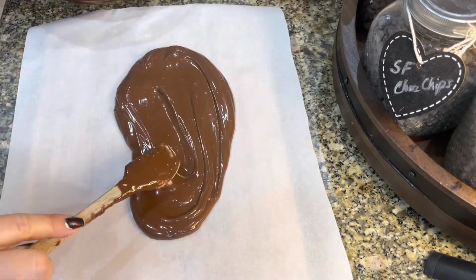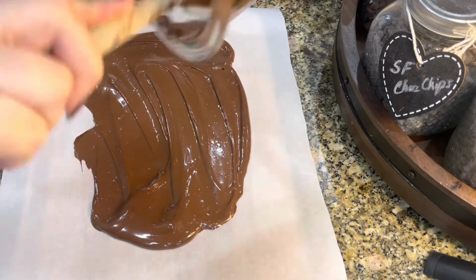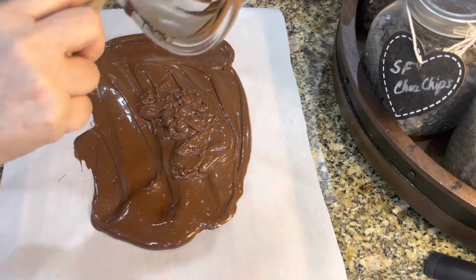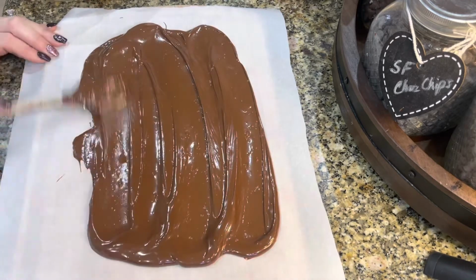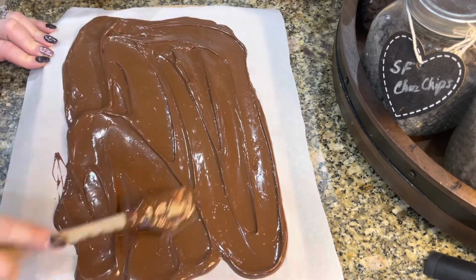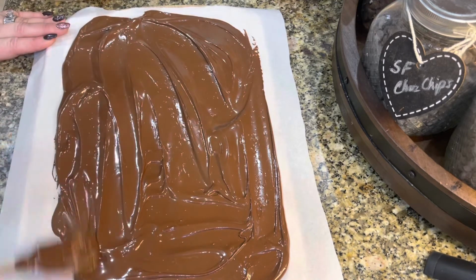I just have this on top of one of my cutting boards. And you are going to want to spread it out into an even layer all the way across. And the semi-sweet chocolate, the darker chocolates, they tend to take a while to cool and harden up. Whereas if you use white chocolate or candy melts, those tend to harden up a lot easier. So you have a little bit of time to work with this,